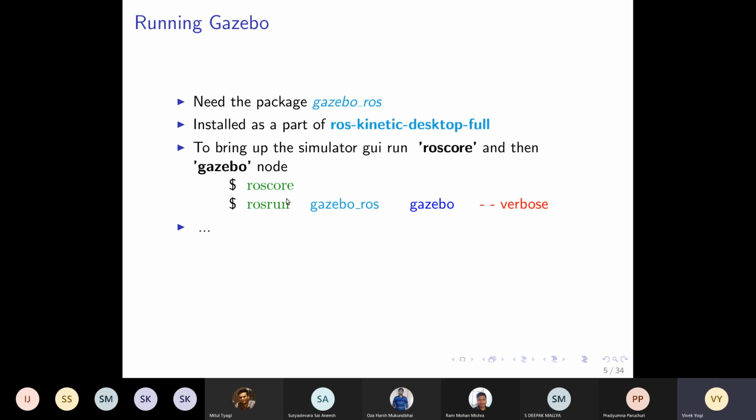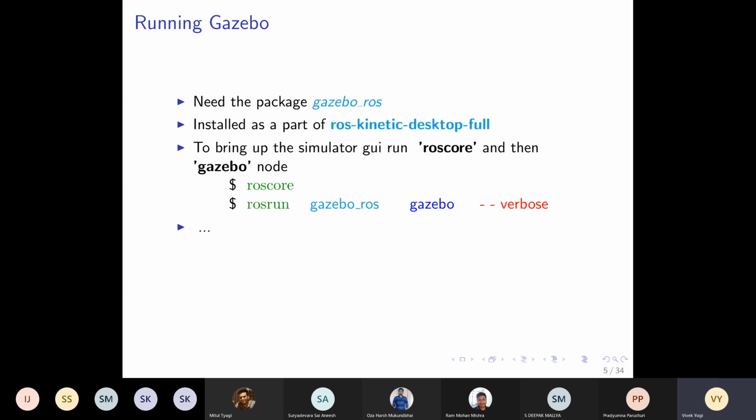Remember from last time, roscore is the first program that we need to run, and when we are using launch files we don't need to run roscore, because the roslaunch command automatically takes care of it. If roscore is running it won't run it, and if it is not running, the roslaunch command will run it.